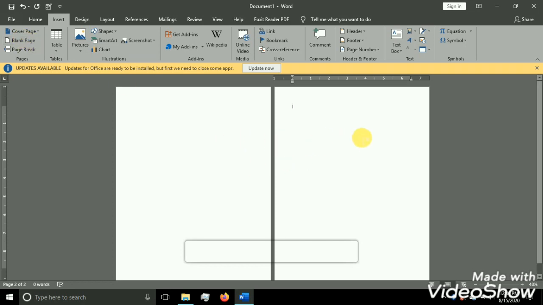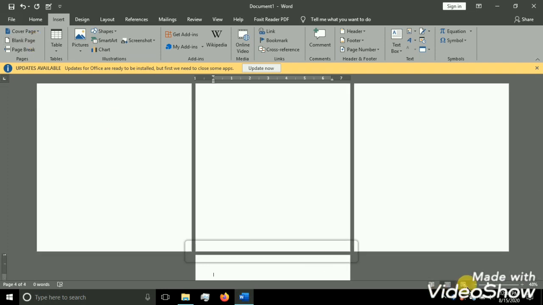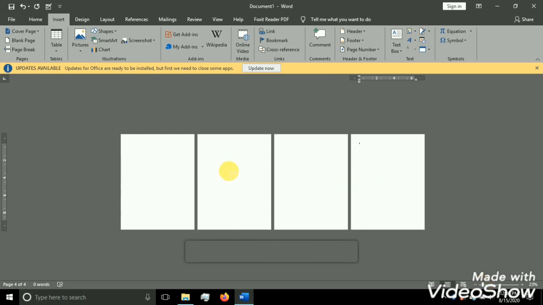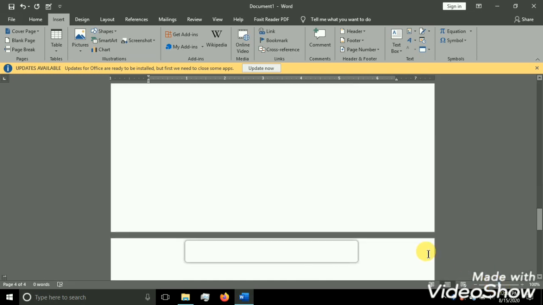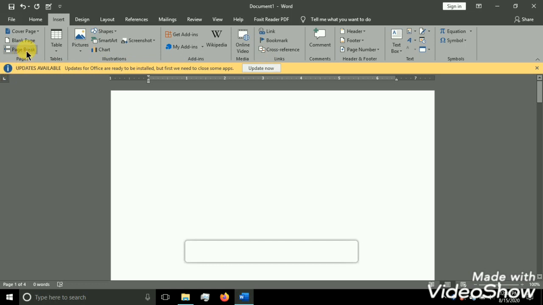I can't press Enter so many times, so I'm using the blank page tool so that I can get one more page. Now I have two pages in my document. So whenever we want another page, we cannot press the Enter button several times. We can use this blank page tool.